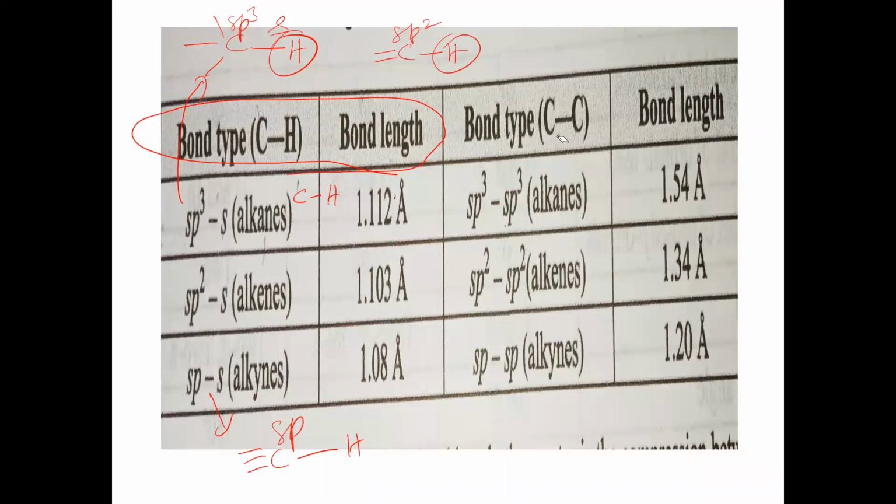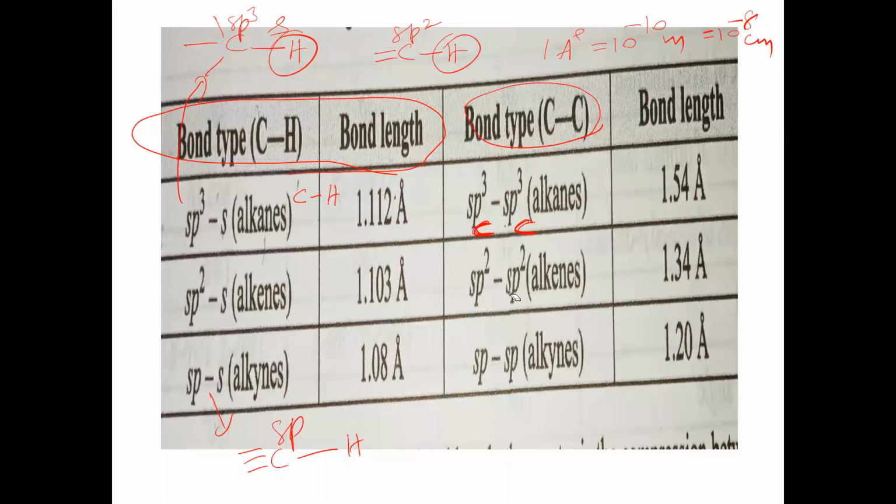Next, another type of bond we have taken is the CC bond, carbon-carbon bond length. So here carbon-carbon bond length, how have we taken it? sp3 carbon versus sp3 carbon. Both are sp3 carbons. sp3 carbon to sp3 carbon bond length, how much? 1.54 angstroms. 1 angstrom unit is equal to how many meters? 10 power minus 10 meters or 10 power minus 8 centimeters. You know this one. So 1 angstrom unit is equal to 10 to the power of minus 10 meters or 10 to the power of minus 8 centimeters. Okay.